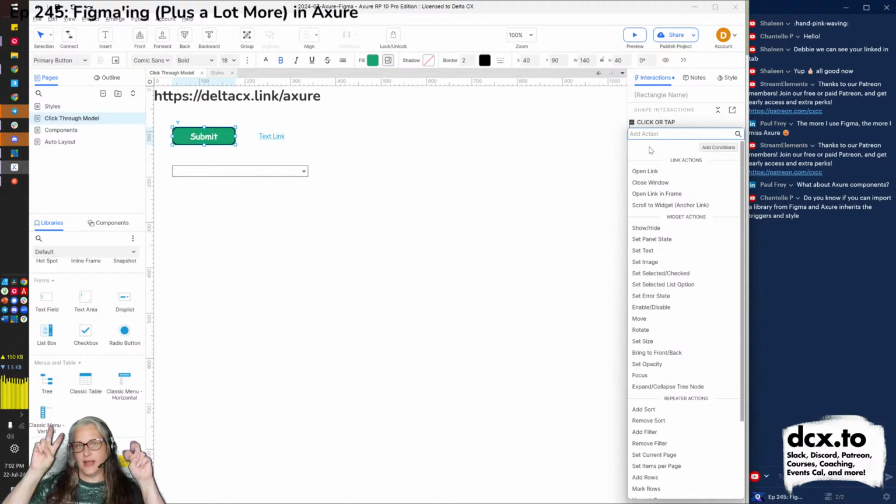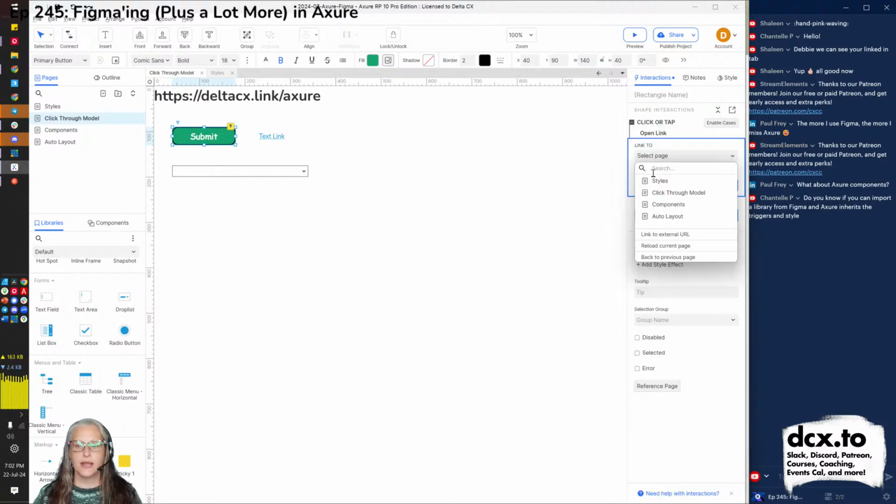So Axure says, okay, when people click or tap, what should happen? That was our event. It triggered something to happen. Now, what's the action, the lightning bolt? Open link. Okay, where are we going? You can go to another page in this Axure file, or you can go to an external URL. So if you really want something to be realistic, you can say clicking on this button goes to the dcx website, and it really will, because you're live on the web.